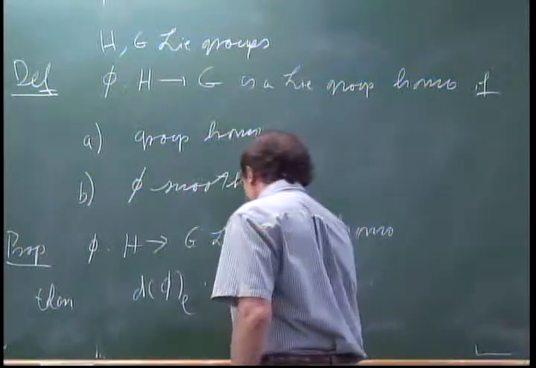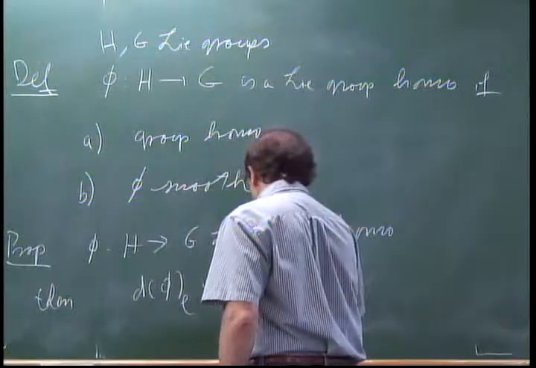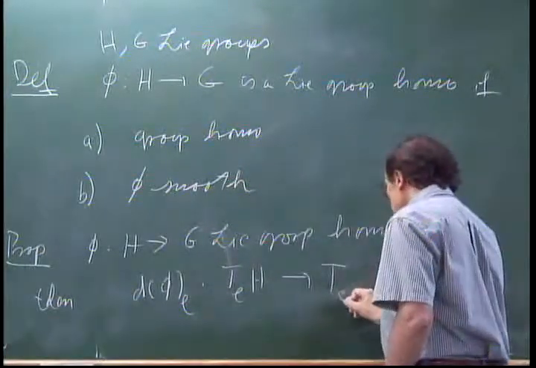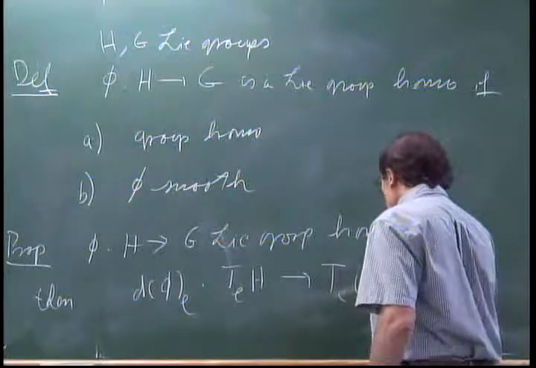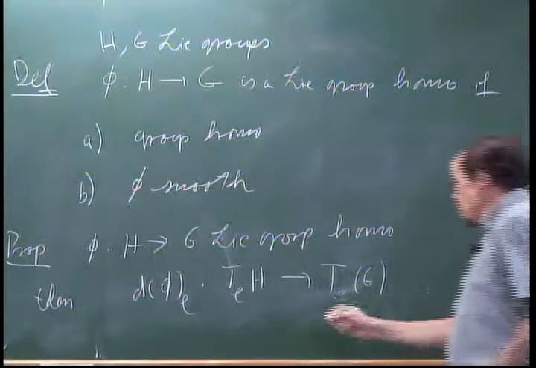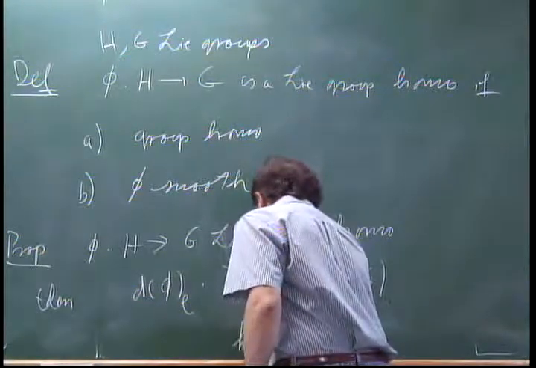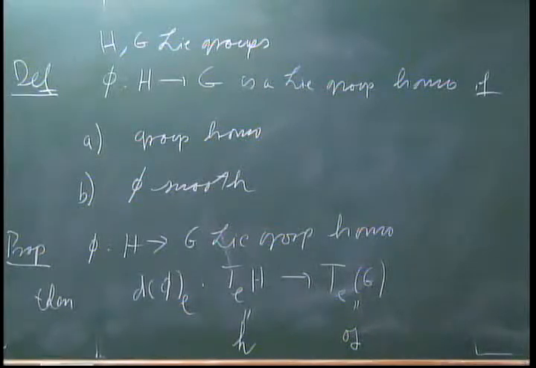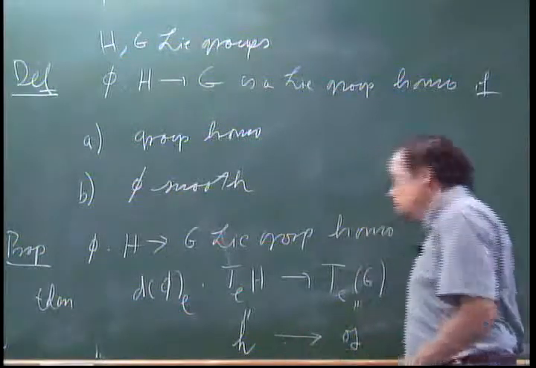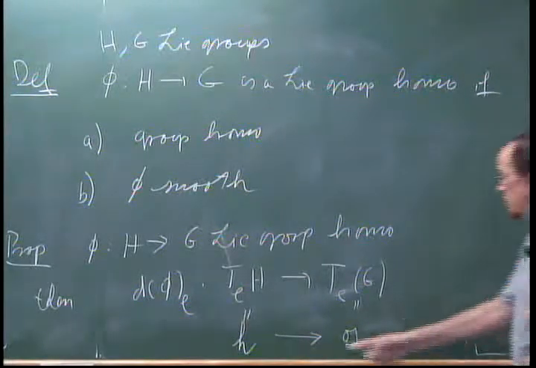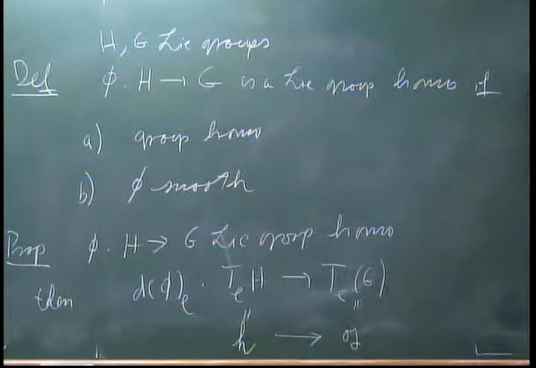right? This goes from the tangent space of H at the identity E into the tangent space of G at phi of E, which is again E of G, because phi is a homomorphism. So this is what I call the Lie algebra of the Lie group H. This is what I call the Lie algebra of the Lie group G. So I get a linear map from the Lie algebra of H to the Lie algebra of G,